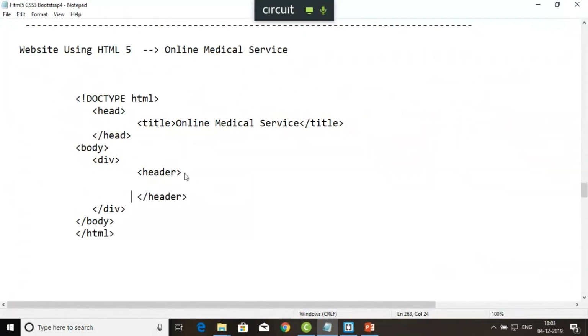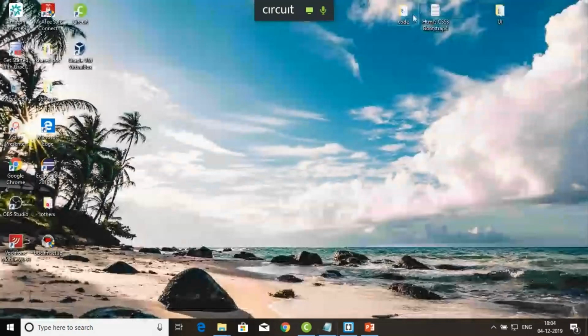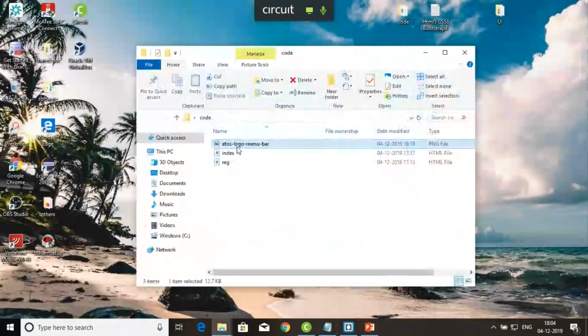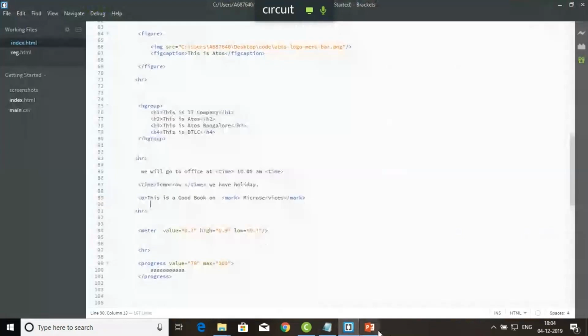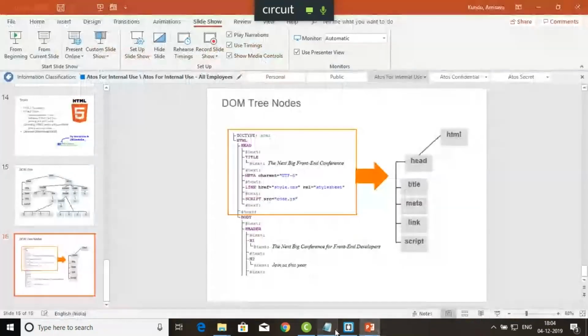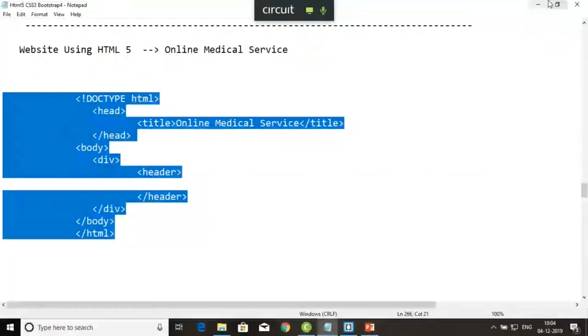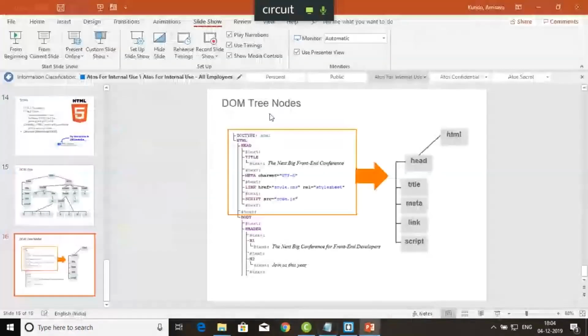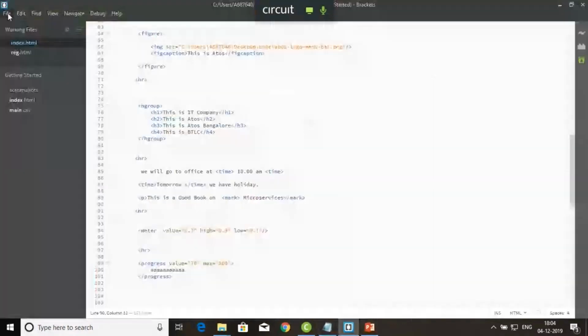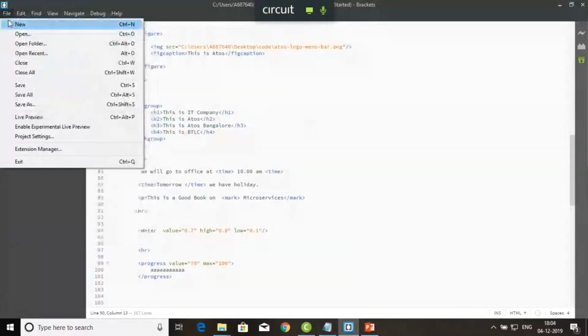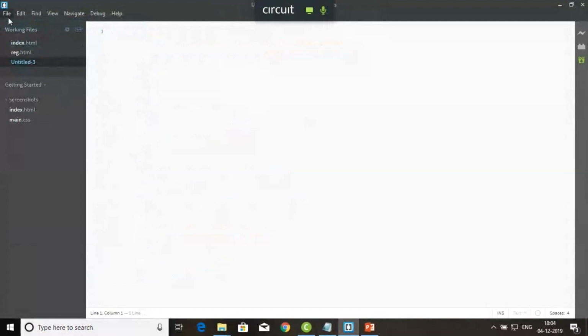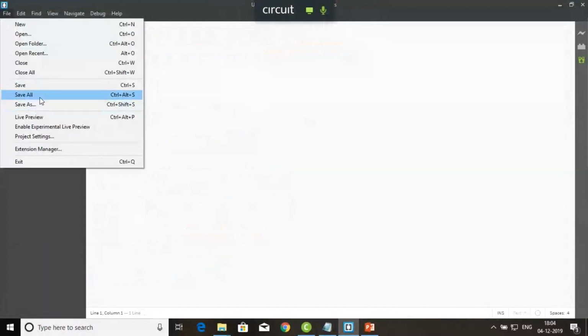So how can we define a logo? We have copied one logo here, and I will try to use this logo only. So just do one thing: save this page. Control C, copy, and create this page here. Index.html, right click, new file, save as